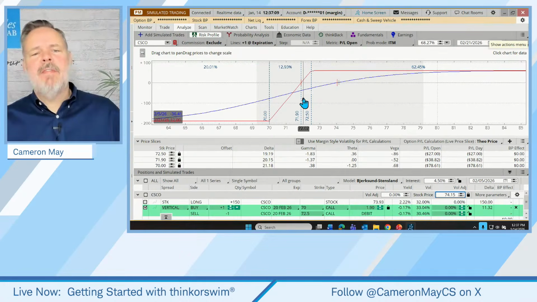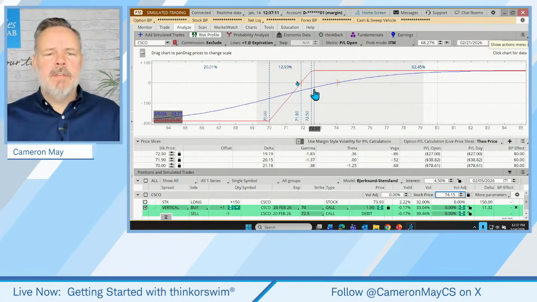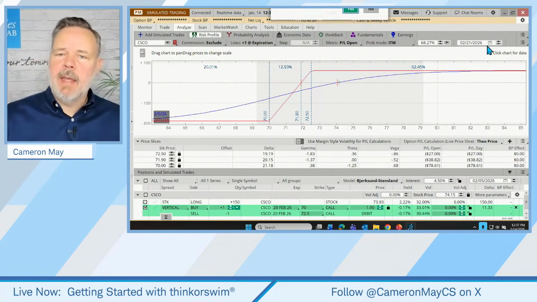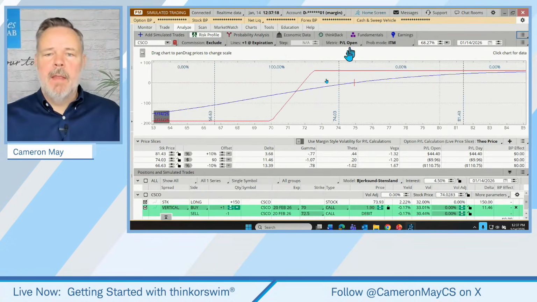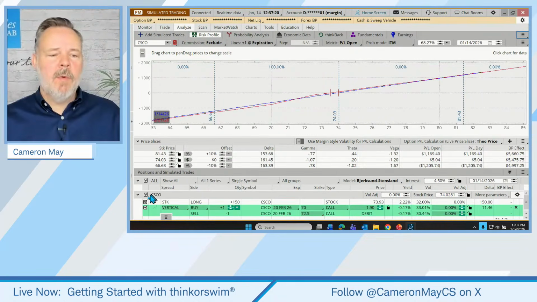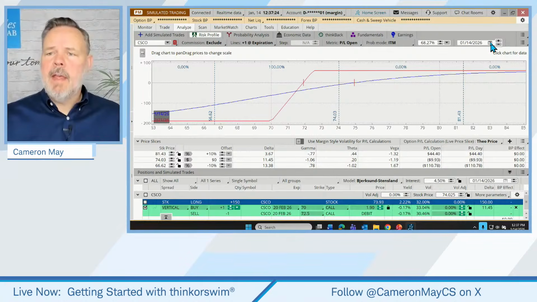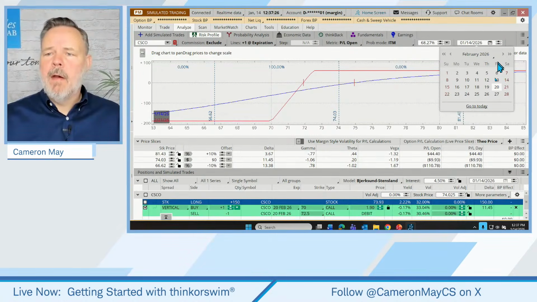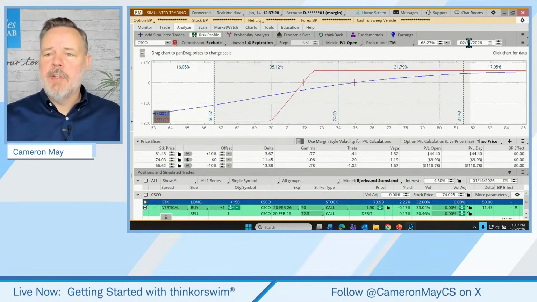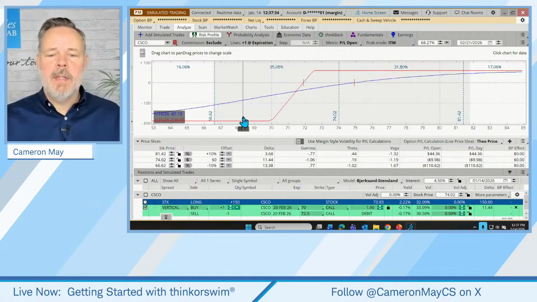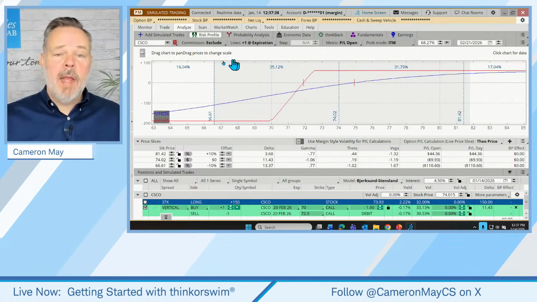Now, one thing that I kind of failed to mention is this gray line. Let's do this. Let's go back here. I'm just going to hit reset, click yes. So we're back to square one. Let's get stock out of the equation here. And I'm going to set this back to our February expiration. All right. So there's our trade. Here's how it might be doing today. Here's how it might be doing at expiration. And then we have this gray area. What is this gray area?